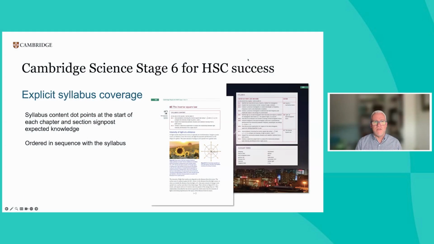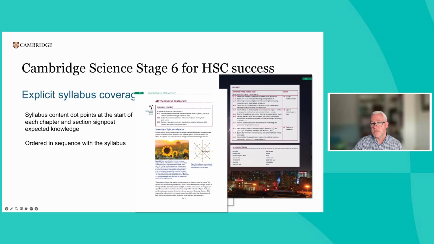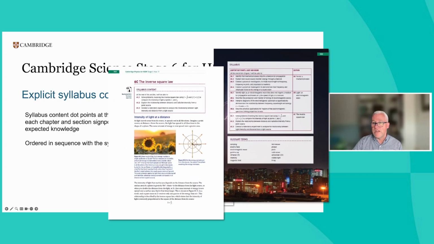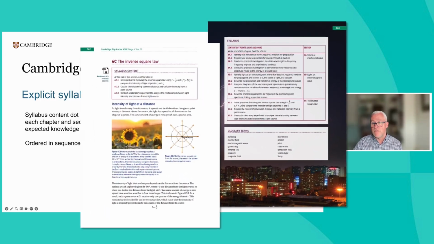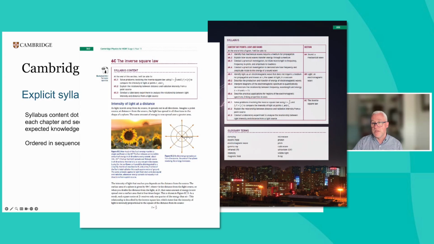In terms of how things are looking in terms of the explicit syllabus coverage, each chapter and subsection, we start with the kind of collation of the relevant syllabus content. We relate directly to the syllabus, and we might split up, as you can see here, for light and sounds, into different sections, but even for focus areas, we split them up